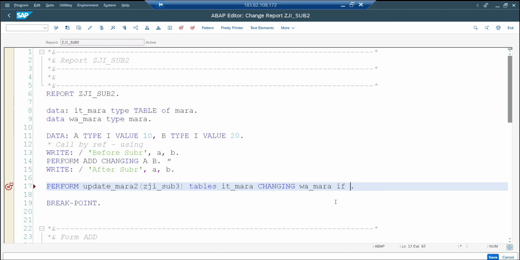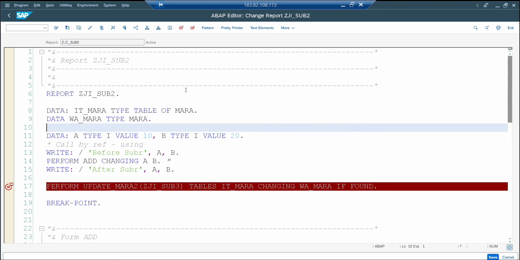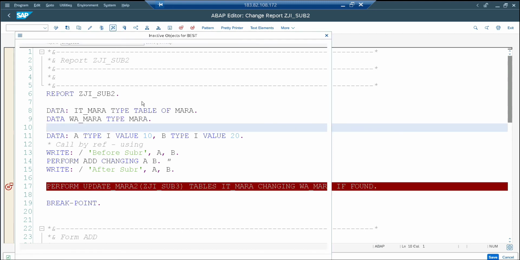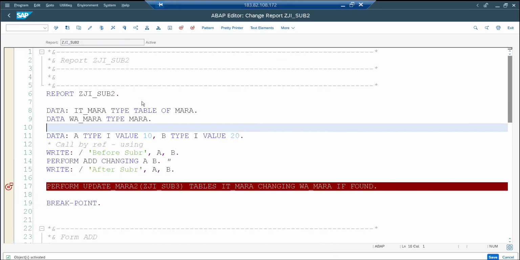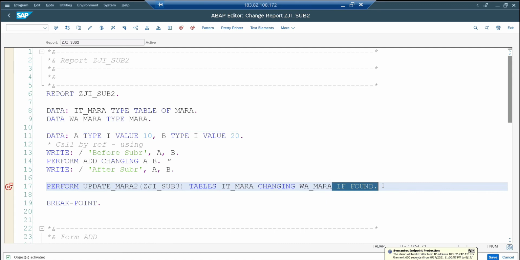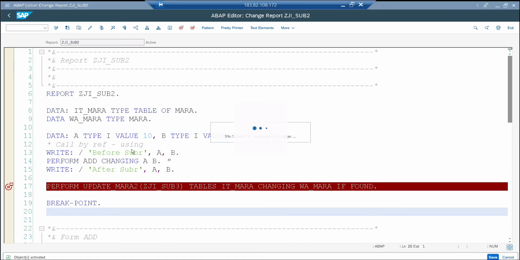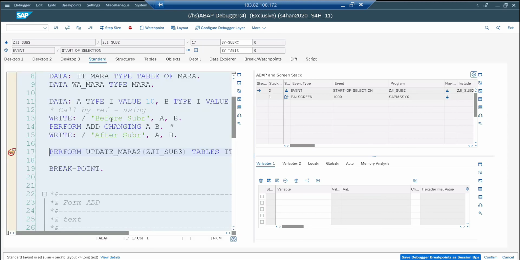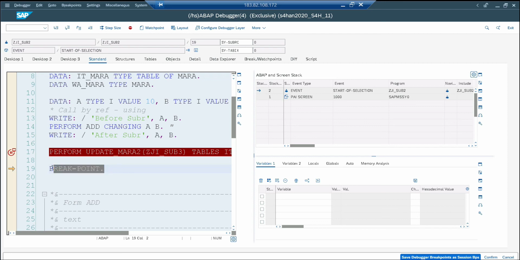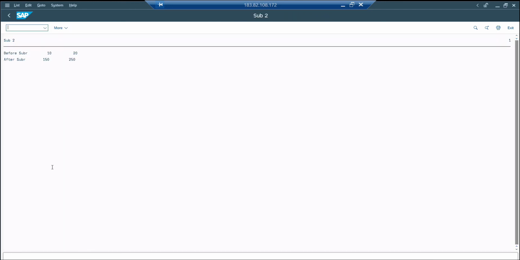So there is an option called IF FOUND. So if the subroutine is found, yes, go and get it. This is to avoid the short dump. Okay, it's always a best practice. If you're going to call a subroutine from another program, make use of this option IF FOUND. So if I execute it, update Mara 2 is not available. Just press F5. So it's not available, then it just keeps on continuing the current program. It won't go to a short dump. Okay,